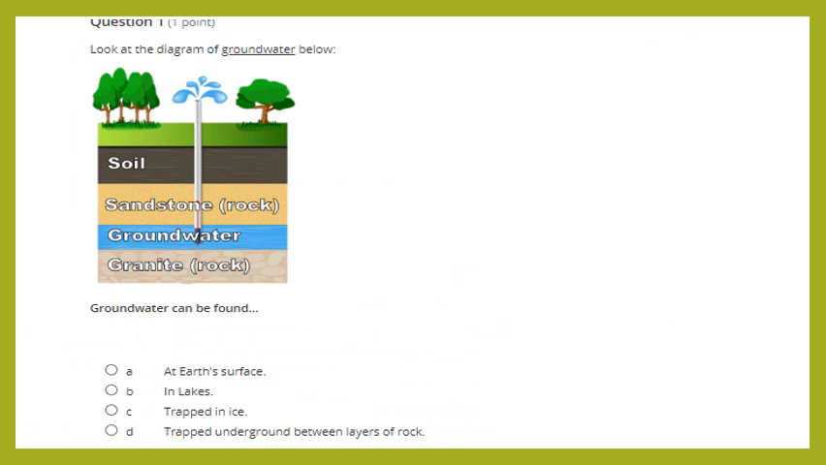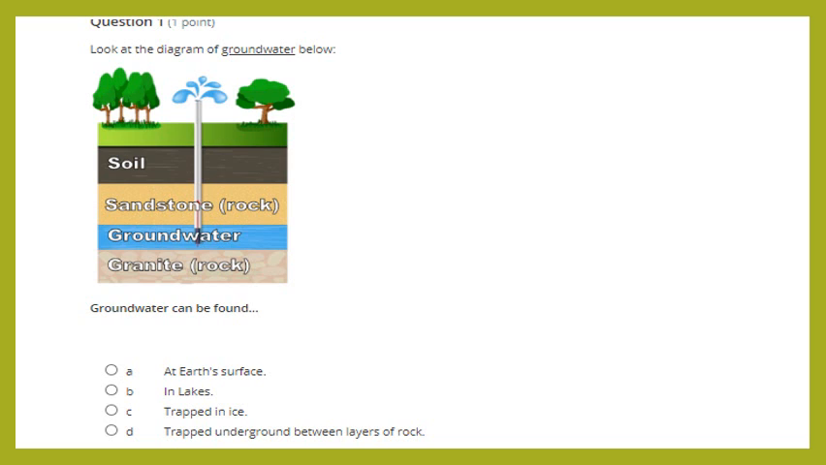Alright, let's begin the quiz. Question 1. Look at the diagram of groundwater below. Groundwater can be found A, at Earth's surface, B, in lakes, C, trapped in ice, or D, trapped underground between layers of rock. So if there's a diagram, we're going to use it, and we are good at reading diagrams,